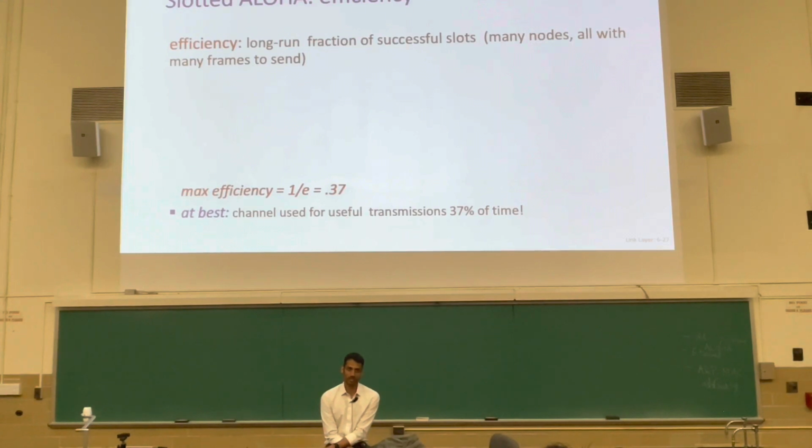So if you have a 10 Mbps channel, Aloha is going to give you 3.7 Mbps, 37% of 10 Mbps. Okay. It's not terrible. I mean, it is simple, it's decentralized, it is efficient when only one node needs to transmit. And we can remove the clock synchronization requirement shortly, alright? But if 5 nodes want to transmit, in a 10 Mbps channel they should all get 2 Mbps each. That's not being satisfied by Aloha.